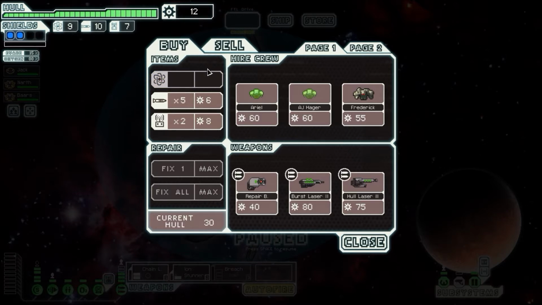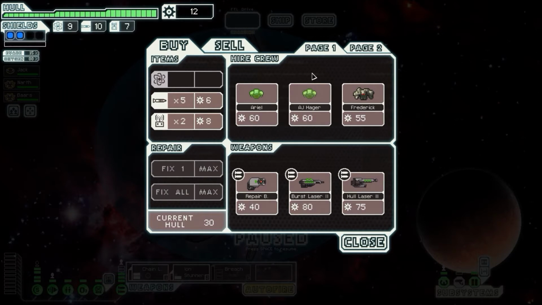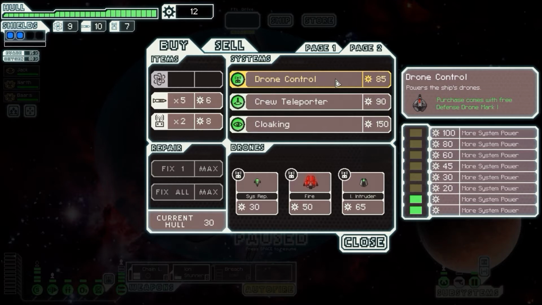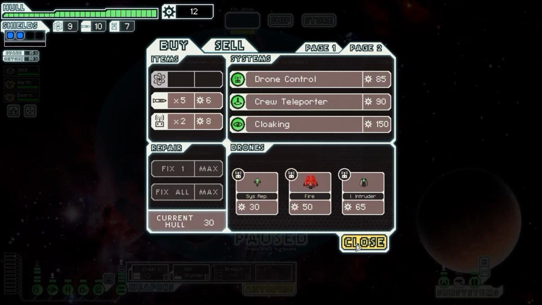And I unfortunately do not have enough money to buy any crew members, which would be awesome. How much can I sell that for? 32 for the breach missiles. It's not going to really get me where I want to be. Different systems, drone control, crew teleporter. Dang it. Okay, unfortunately that's really all I'm going to be able to do here, so let's take